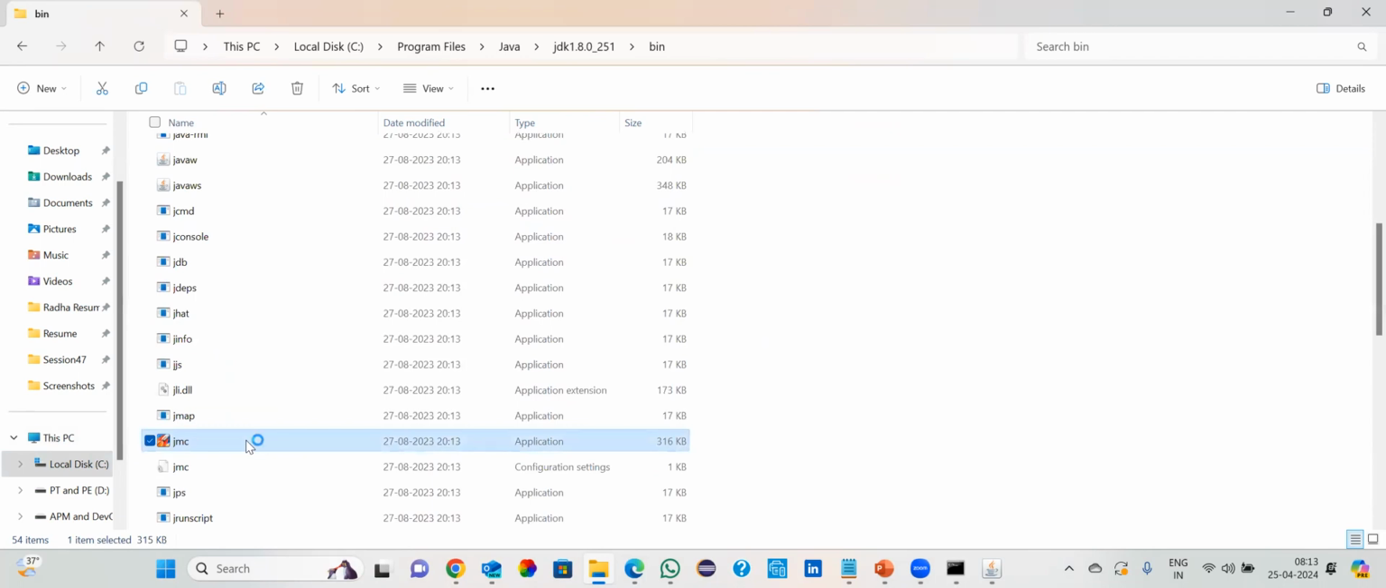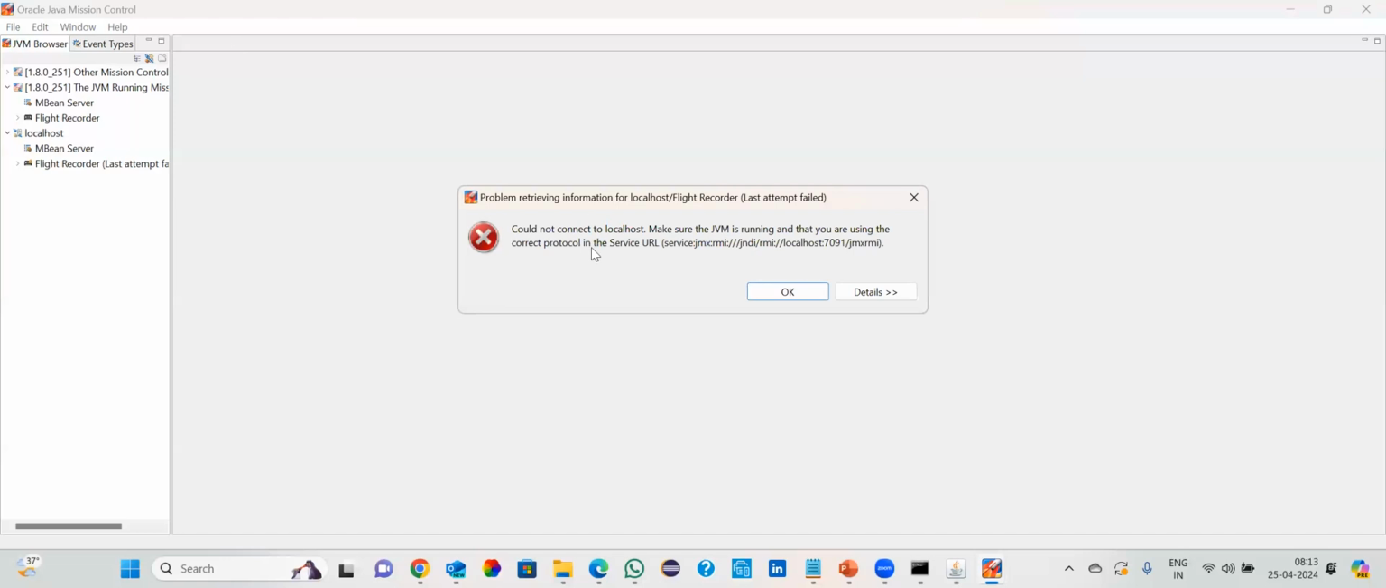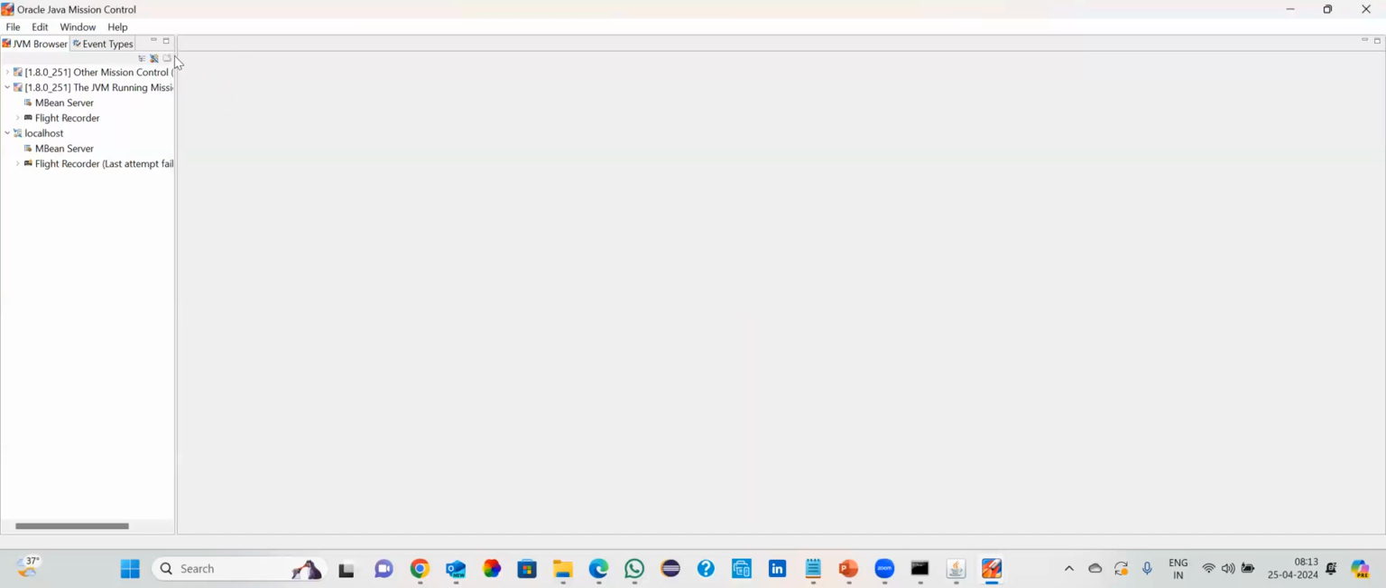So if you see this simple JMC, this is actually Java Mission Control. This comes with licensing. To some extent, it will work, but after that, you need to pay for that. So if you see here in the local host, sorry, you have to expand this basically. So when you expand this one,